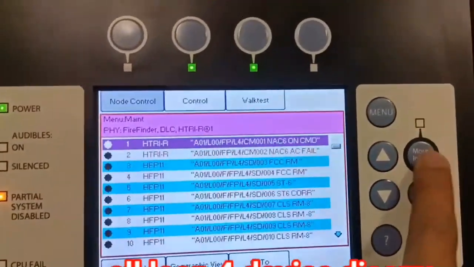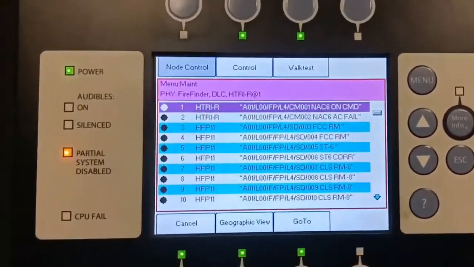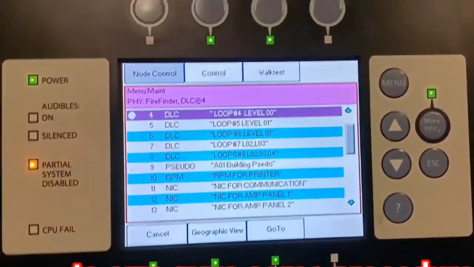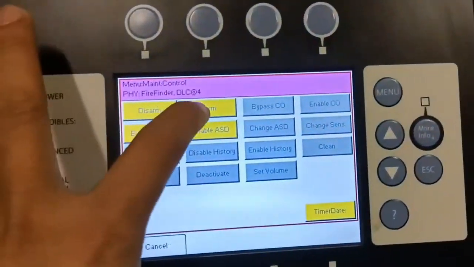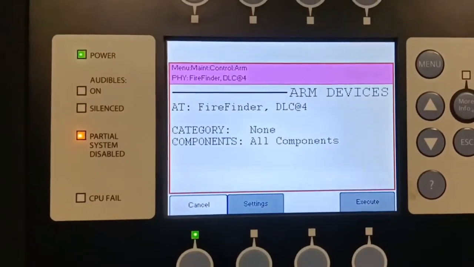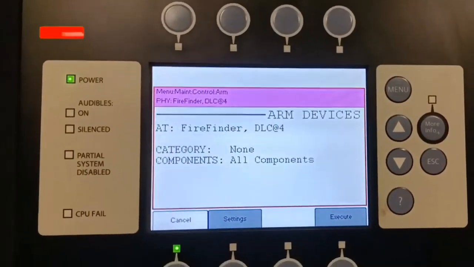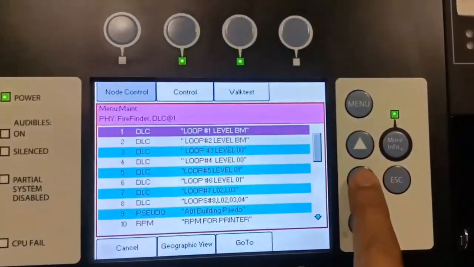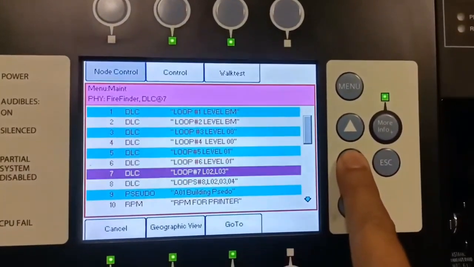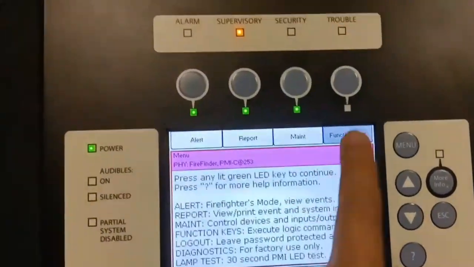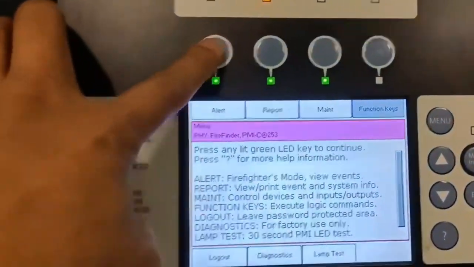I disable all devices. I command now I will arm again or enable. So control, arm, execute, cancel. So no more isolation or any disarm device or loop. So you can go back, cancel, function key, alert,